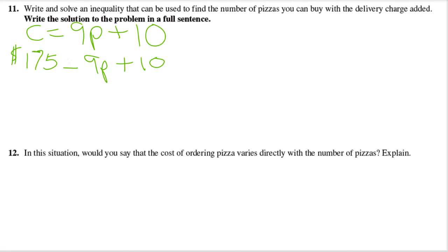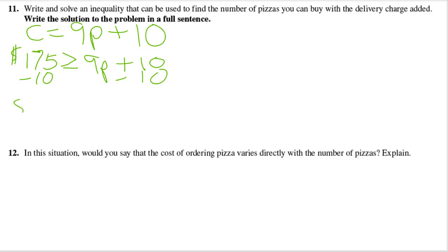The value that we calculate has to be less than or equal to 175. The actual cost of the pizzas has to be less than 175, or we can also say 175 has to be greater than the actual value. So to solve it,